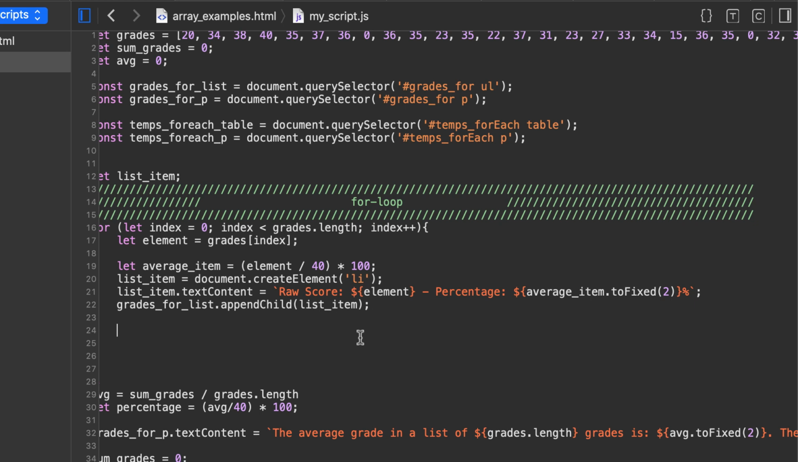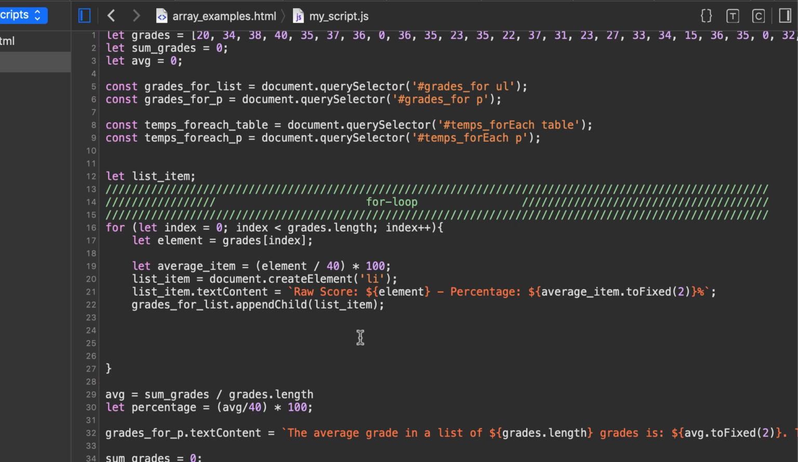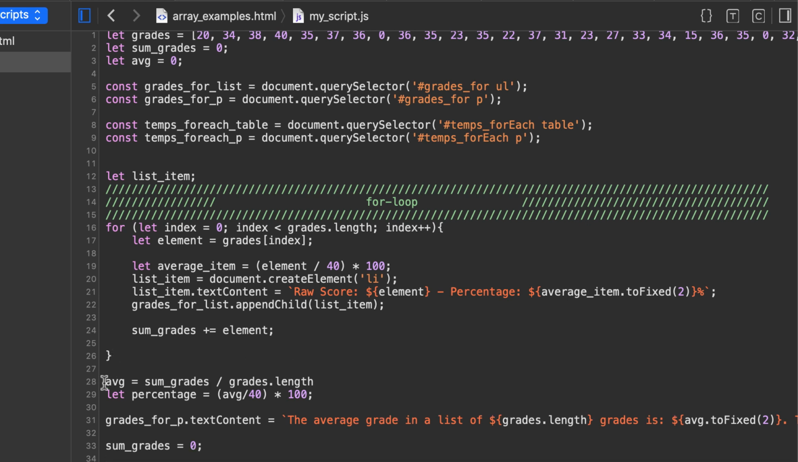Now remember, one part of what we want to do is ultimately get the entire grade average for the entire class. So I need to sum the grades. So I will use the accumulator pattern to take the current value of the sum of grades and add in the current grade item. So now, after the loop finishes, after we've iterated through every item in the array, I am going to calculate the overall average for the class, calculate the percentage, and then update the text content for the